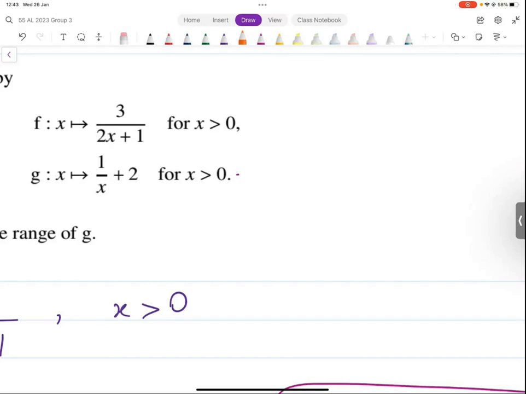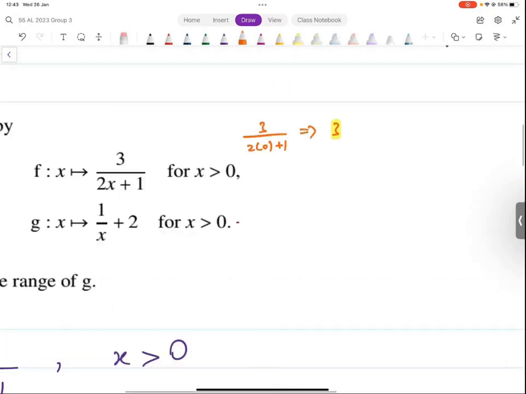You can think of it this way. अगर 0 input कर सकते हैं, 0 input कर दें. 3 over 2 into 0 plus 1. यहाँ पे तो input कर सकते हैं 0. यहाँ पे input कर दिया, we got 3 from that. ठीक है, अच्छा. What's the other extreme for x? यहाँ पे x किसके दरमियान में हो सकता है, 0 से लेकर infinity तक. 0 input किया, हमारे पास 3 आ गया, चलो एक point तो आ गया. अब infinity तो हम नहीं डाल सकते